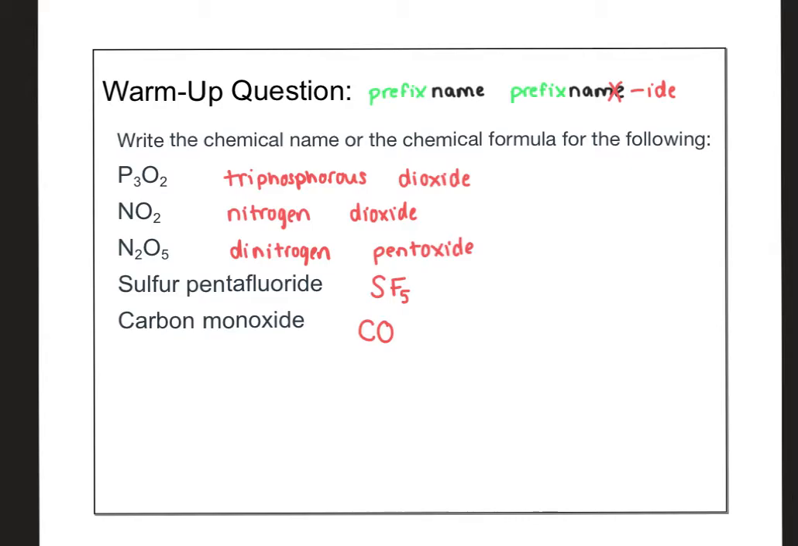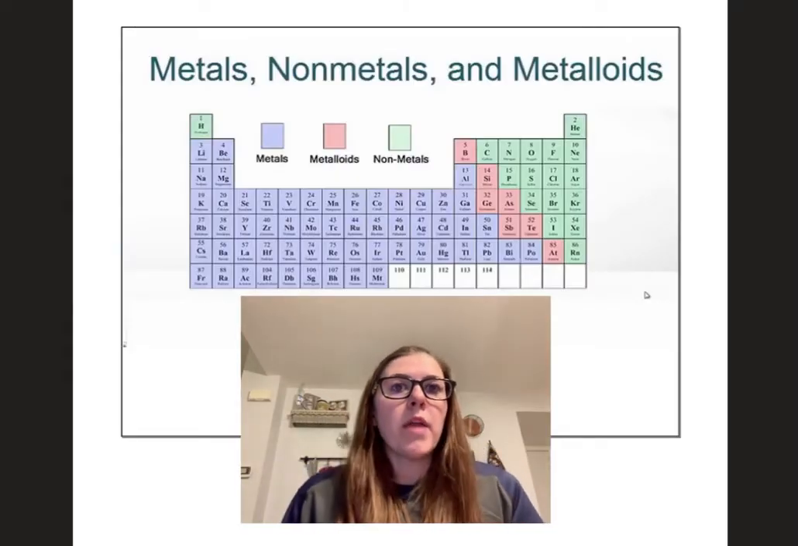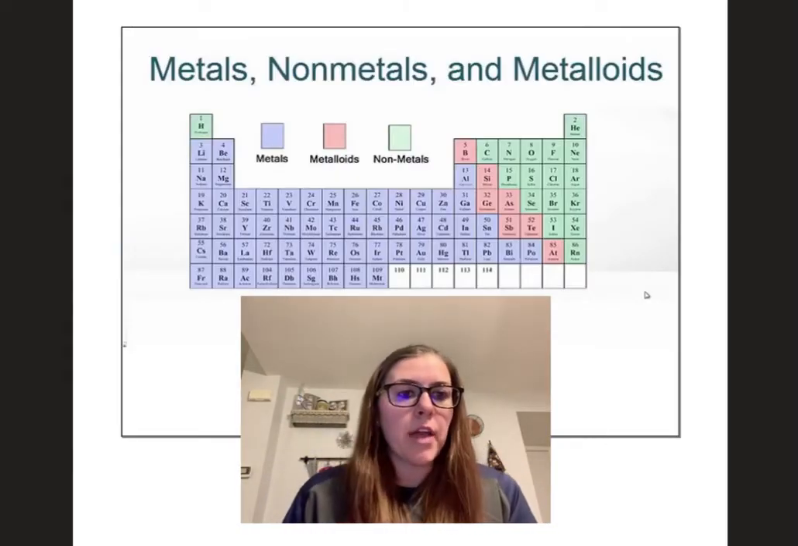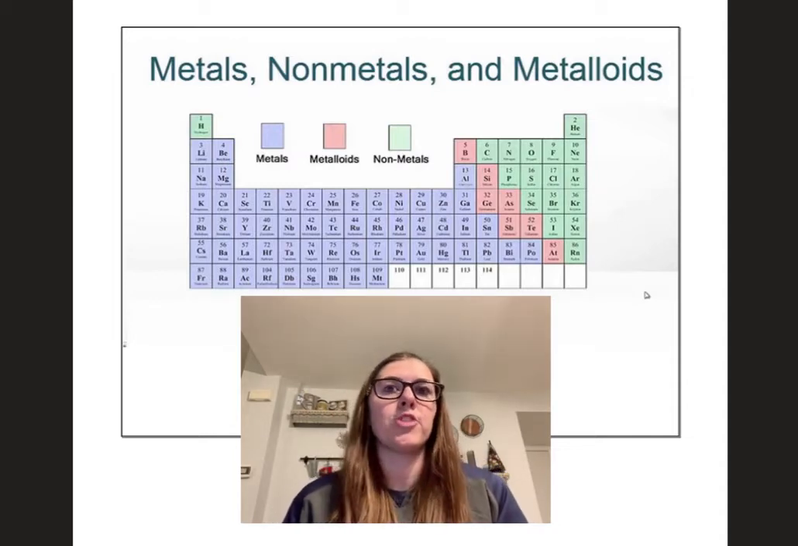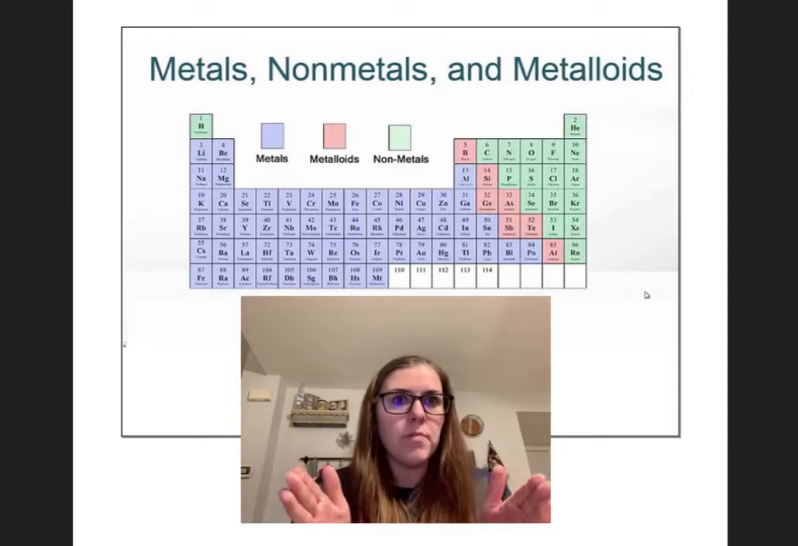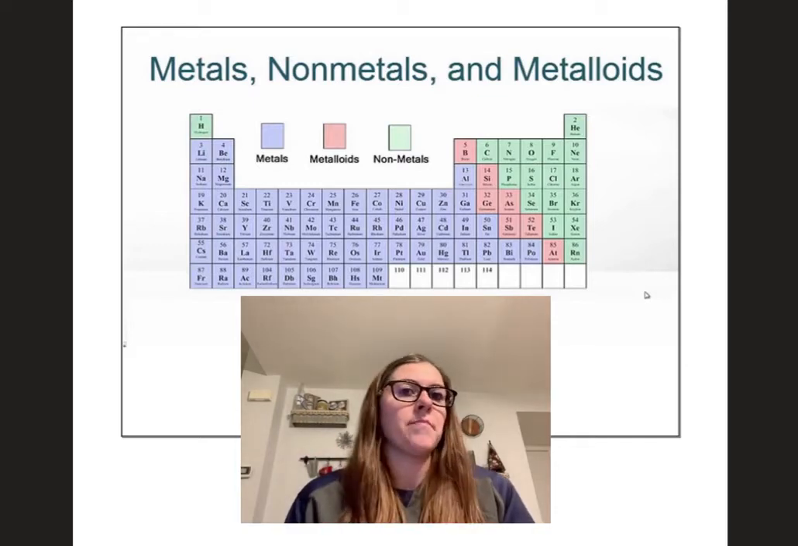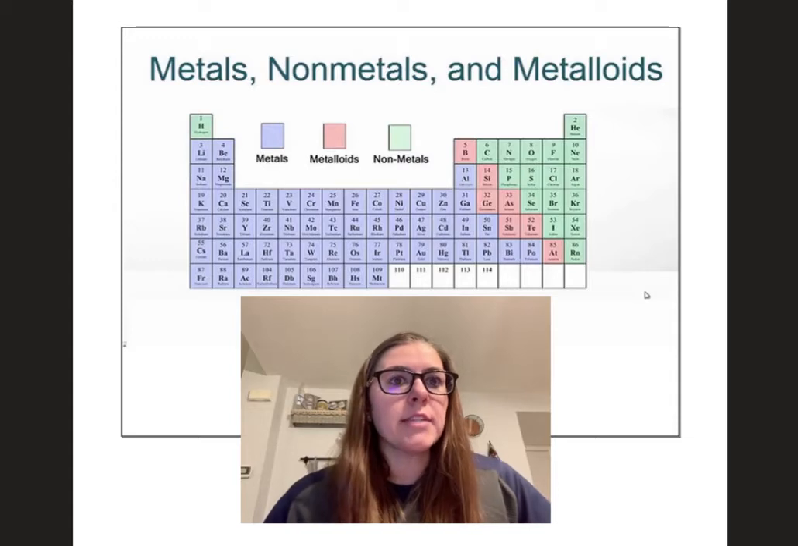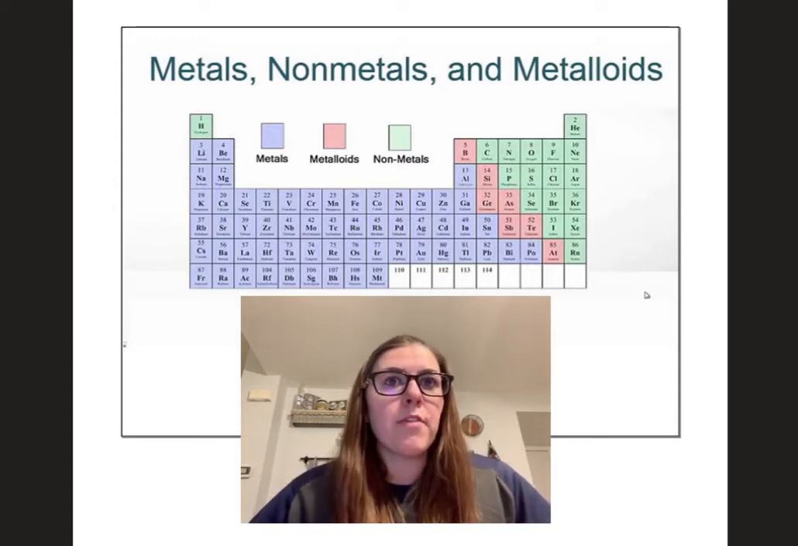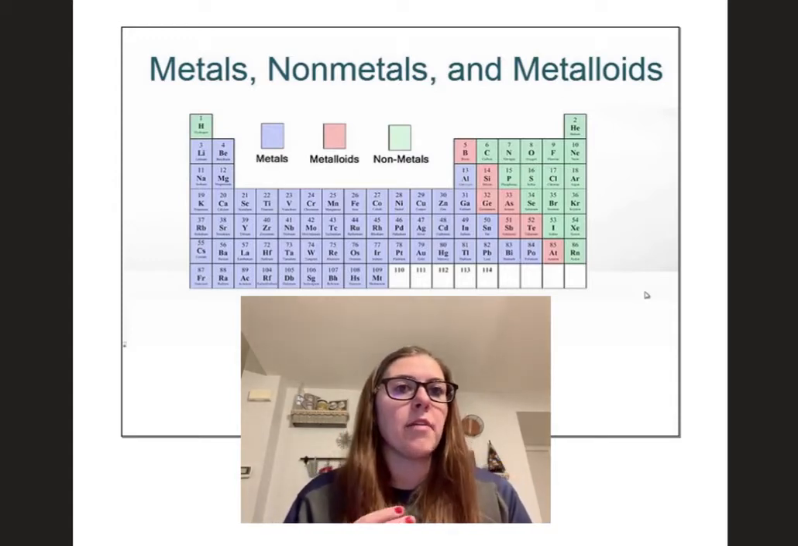So when we give you a CER, Claim Evidence Reasoning Conclusion paragraph, you're writing a paragraph to answer the question, is this chemical ionic or covalent? And so you will need two pieces of evidence. The first piece of evidence is going to have to do with the elements and if they are metals